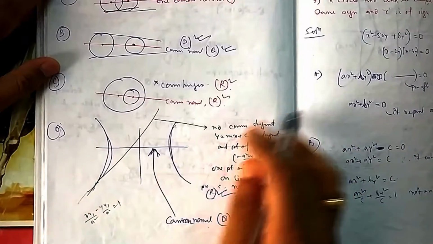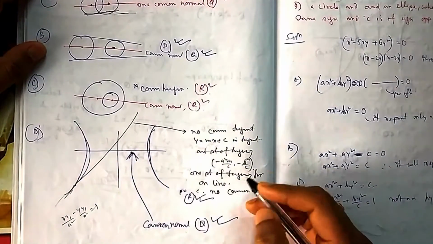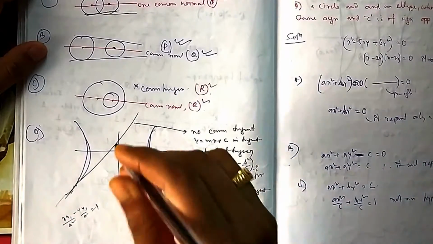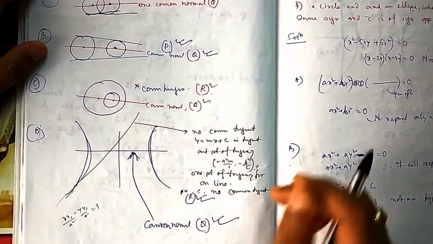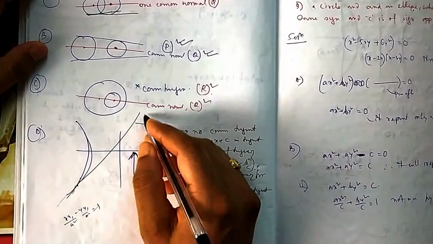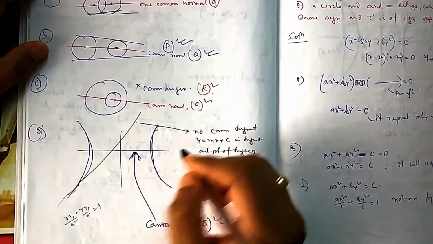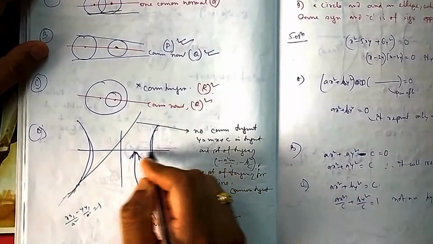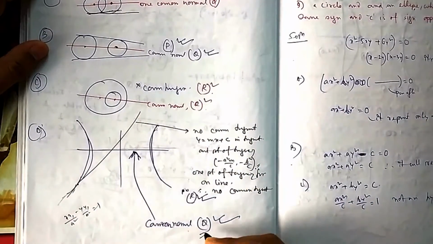They are only touching at one point. One can remember it in this way also: the condition of the point of tangency. I generally prefer comparing this to find x1 and y1, which is the point of contact. But wherever it is given, the point of contact is also given as 1. So that means there is no common tangent. Had it been a common tangent, the point of contact would have been 2, one here, one here. So no common tangents, but a normal is there. This is a common normal. This line, you can say, is one common normal we can obviously see. So obviously it will be R and Q.